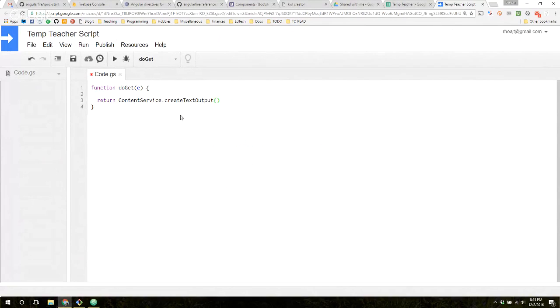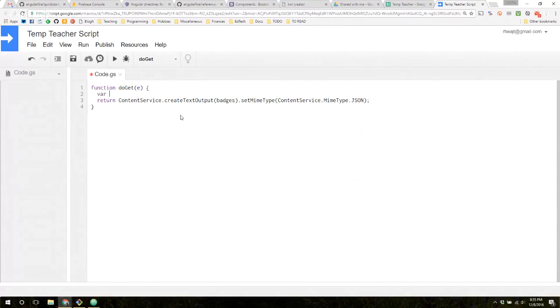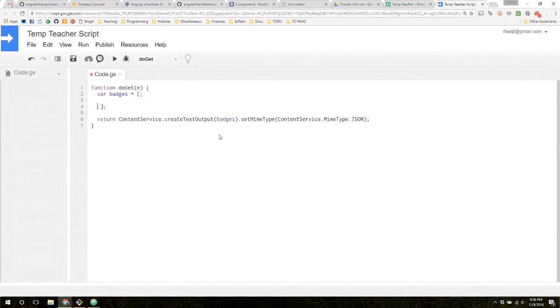Actually, I'll just call it badges, and then I'm going to set the MIME type, and I want to do ContentService MIME type JSON. That'll work. Now in here is going to be badges. This thing that I'm sending out is going to be an array of all of the